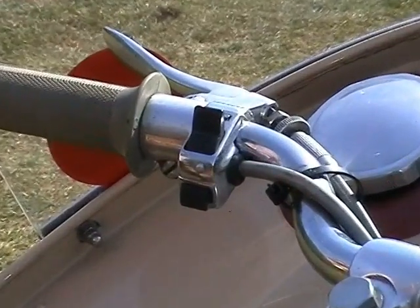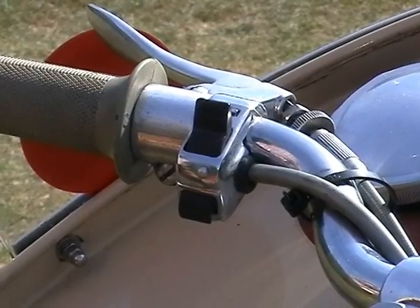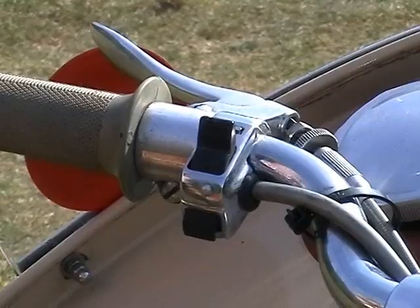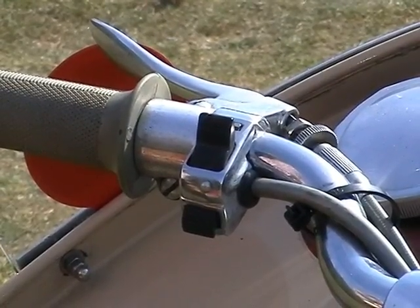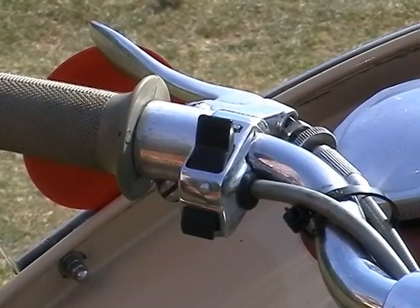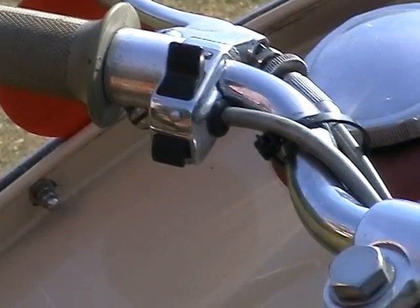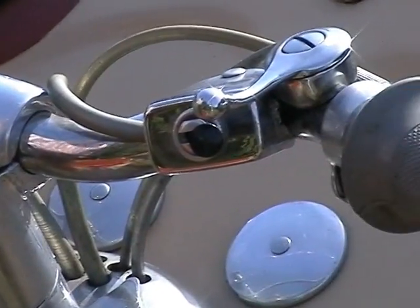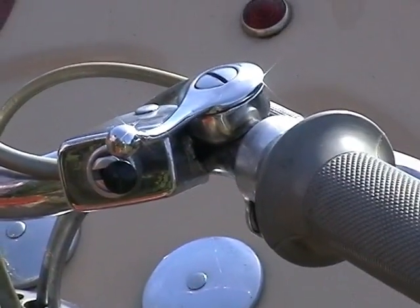Going to the handlebars now, it's fairly conventional in that left hand side lever is clutch. The switch on the left hand side is for the horn and dip switch. Moving across to the right hand side, we have the indicator switch,